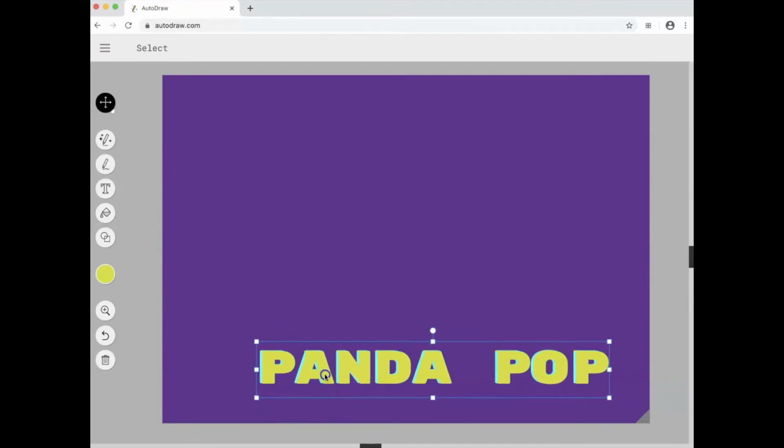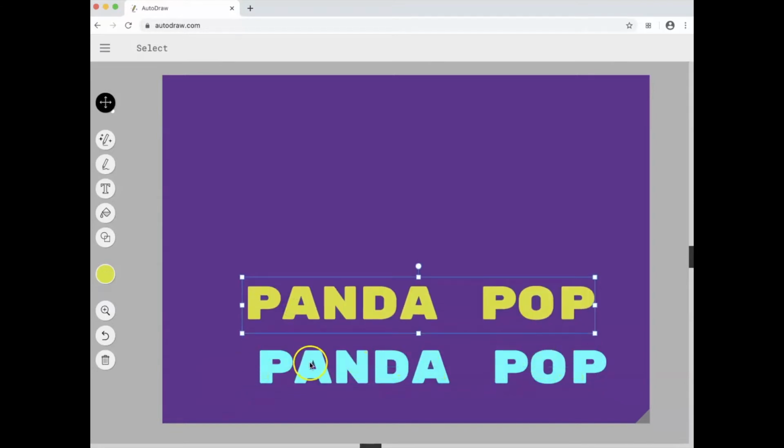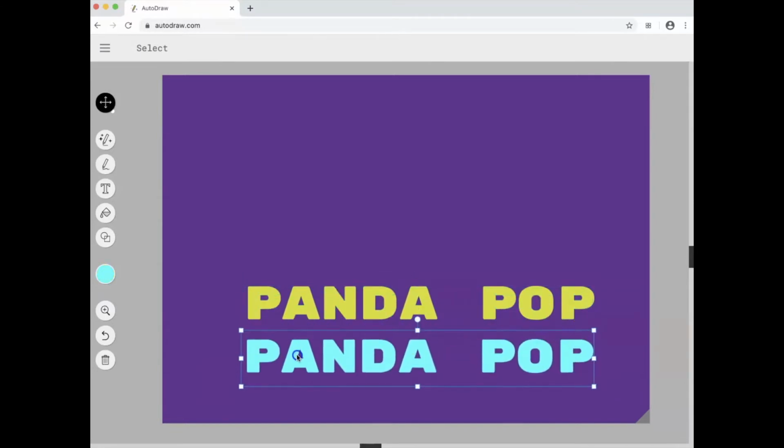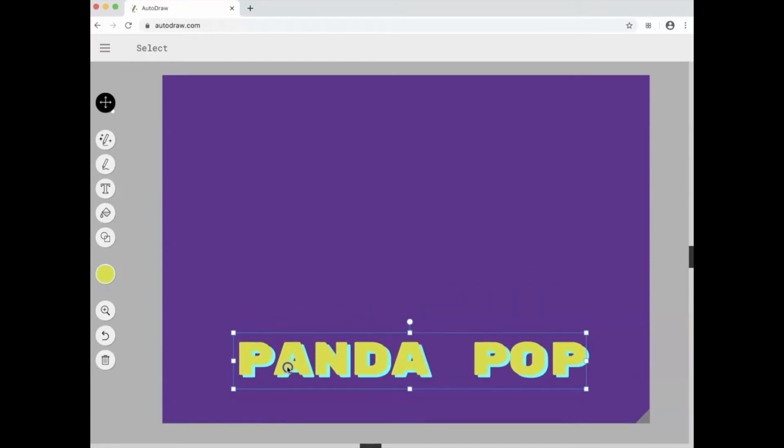Now I could control that anywhere I want. What I cannot do, no matter what, is put this in front. Because I laid this light blue one down first, the simplified program is not going to allow you to put that in front. I am going to go with one more,